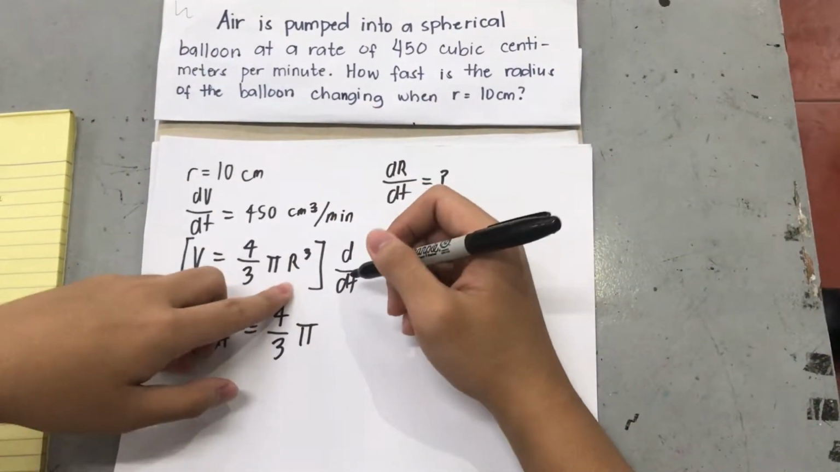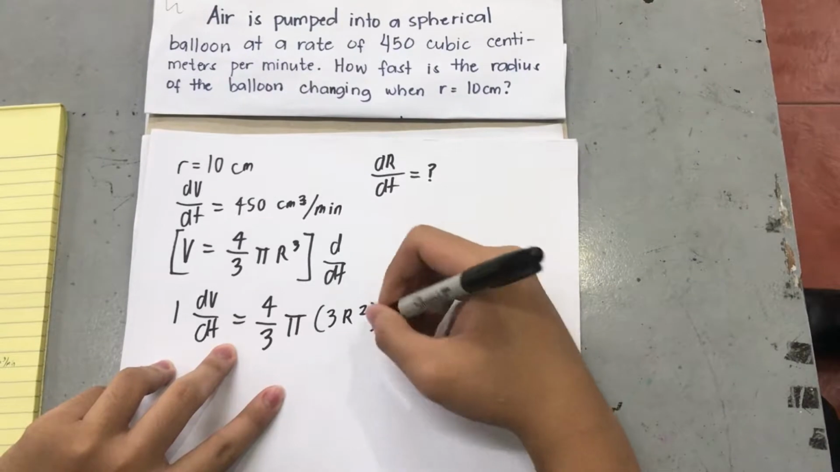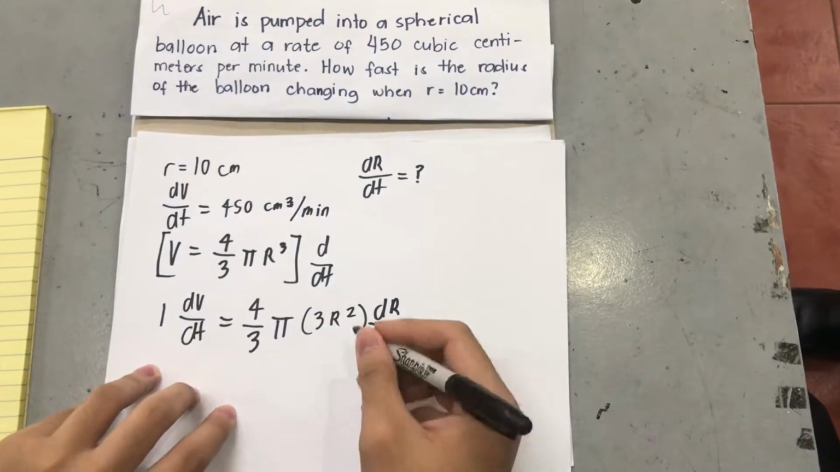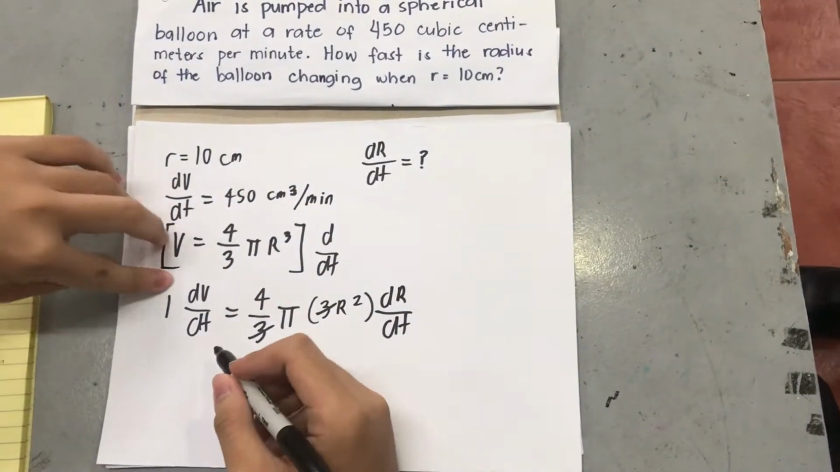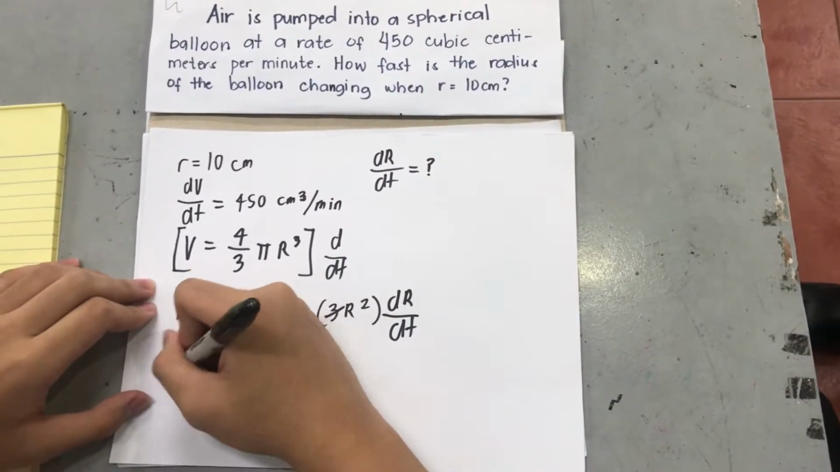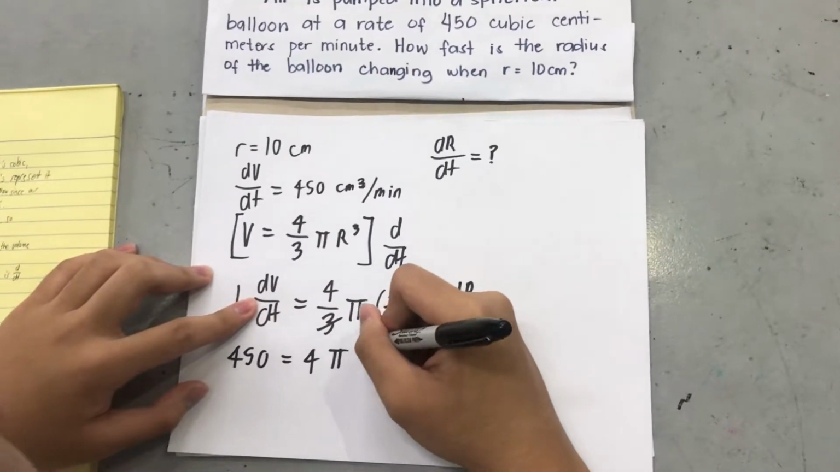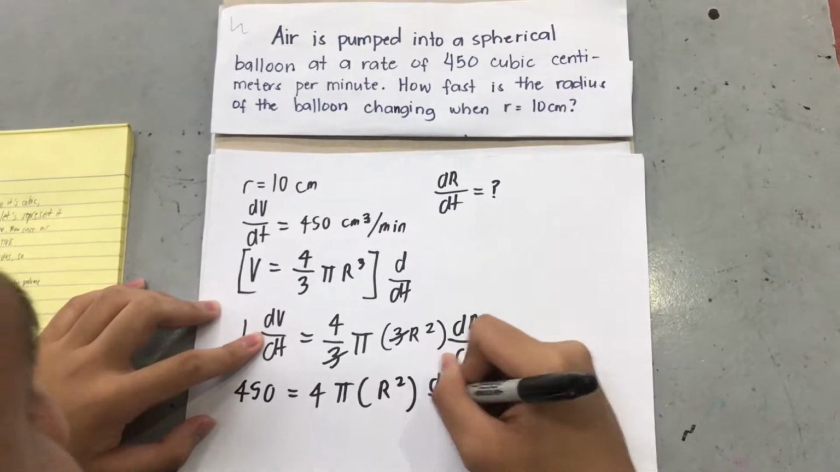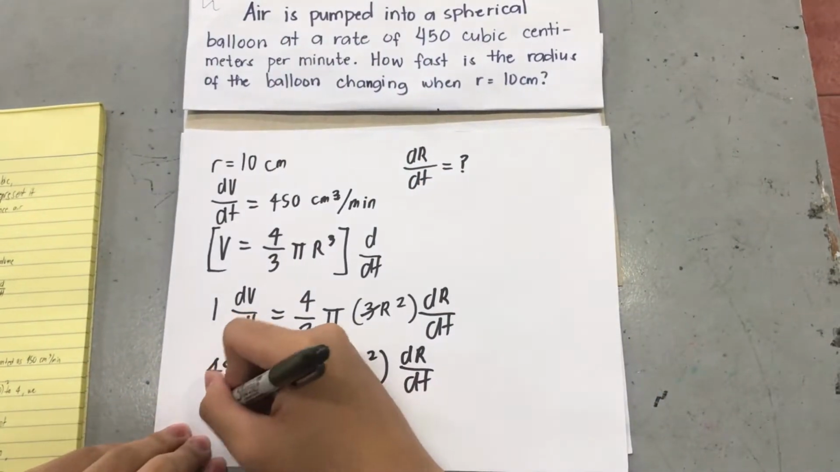Now, the derivative of r cubed is 3r squared times dr over dt. Now, let's cancel 3 on both sides, and let's represent dV over dt as 450 cubic centimeters per minute. So I'm going to write 450 equals 4 pi r squared dr over dt. Now, r is represented as 10, so let's write it as